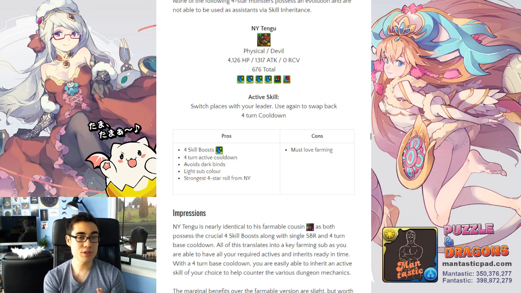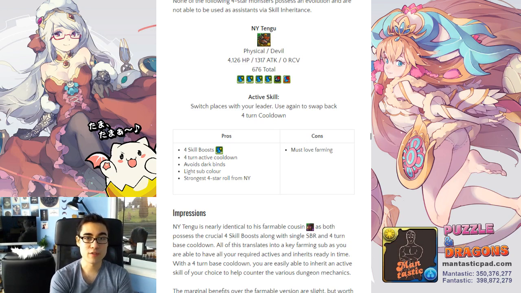So, naturally, New Year's Tengu's benefits are the 4 skill boosts and the short 4-turn base cooldown. That allows you to inherit an active skill of your choice, as well as having sufficient skill boosts available in order to have all your active skills ready in time. But what separates New Year's Tengu from his farmable equivalent is the fact that he has a light sub-attribute instead of dark. Now, that light instead of dark opens up potentials in all attribute required dungeons,